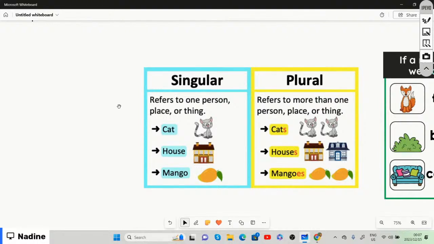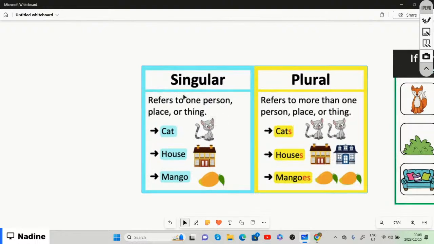A noun names a person, place, animal, or thing, and plural nouns refer to more than one person, place, animal, or thing. So it's the same as saying singular means it's only one, and plural refers to more than one, right? So if we look at these examples in front of us,